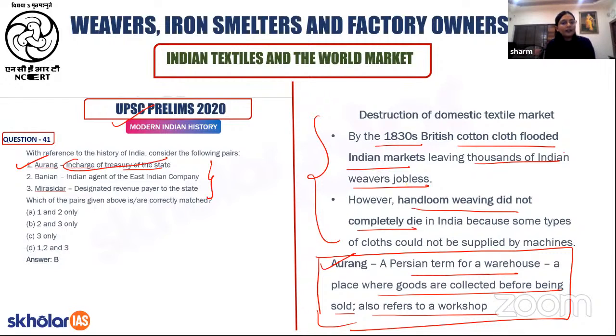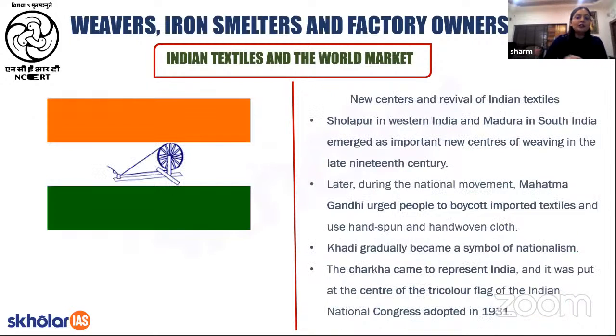यानी कि औरंग एक पर्शियन टर्म है, इसका मतलब एक कारखाना या वर्कशॉप होता है, ना कि किसी ट्रेजरी का इंचार्ज होना। तो स्टूडेंट्स, यहाँ से हमें अगेन मैं आपको यही पॉइंट आउट करना चाहूंगी कि इमेजेस बहुत इंपॉर्टेंट हैं, इमेजेस का डिस्क्रिप्शन बहुत इंपॉर्टेंट है। बॉक्स के अंदर अगर कोई डेफिनेशन दी हुई है आप उसको जरूर पढ़ेंगे, और उसके अलावा अगर आपको कोई अच्छा मैप दिया हुआ है जिसमें कोई इंपॉर्टेंट ट्रेडिंग सेंटर्स लोकेटेड हैं या कोई इंपॉर्टेंट कम्युनिटीज की लोकेशन दी हुई है, तो वो हमारे लिए अगेन इंपॉर्टेंट है। इसीलिए ये सारी जो एक्स्ट्रा इंफॉर्मेशन एनसीईआरटी में होती है, इसको हमें बिल्कुल इग्नोर नहीं करना है। टेक्स्ट तो पढ़नी है चैप्टर की, लेकिन उसके अलावा ये एक्स्ट्रा इंफॉर्मेशन भी बहुत जरूरी है।